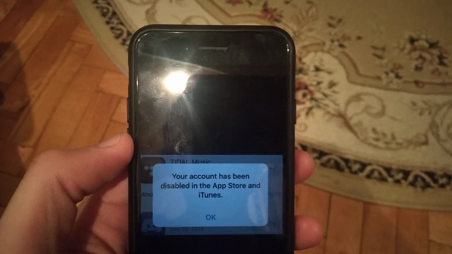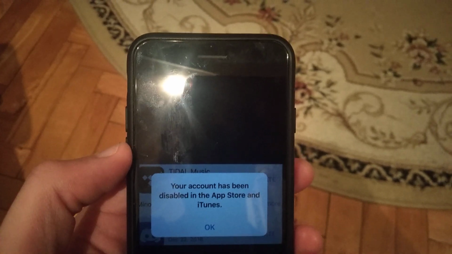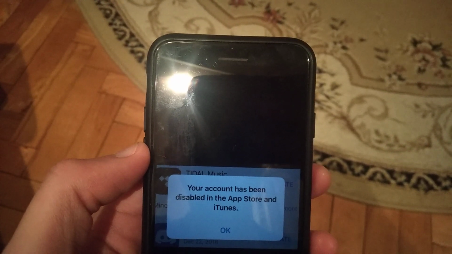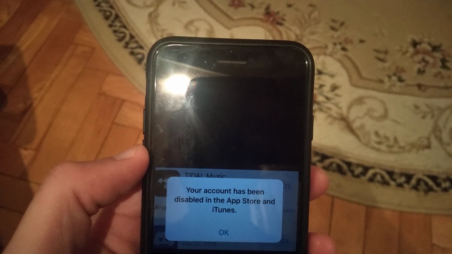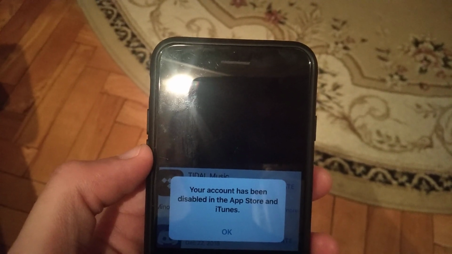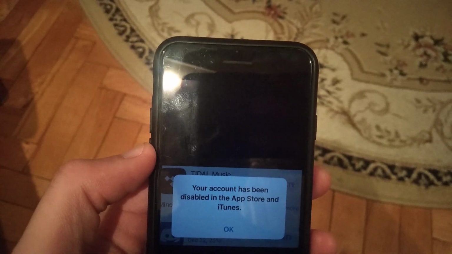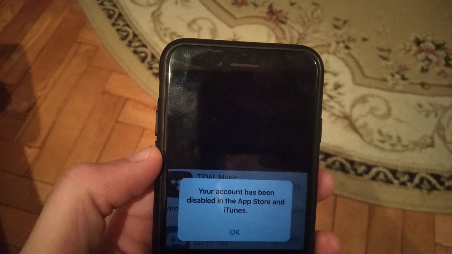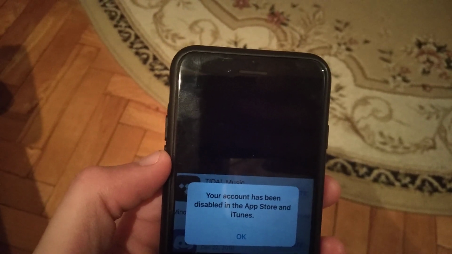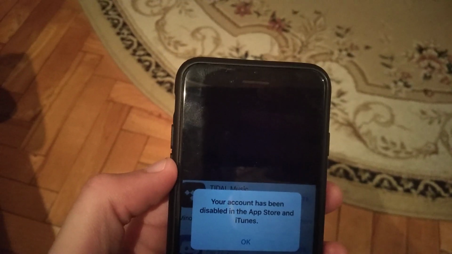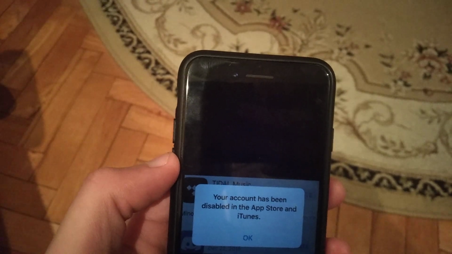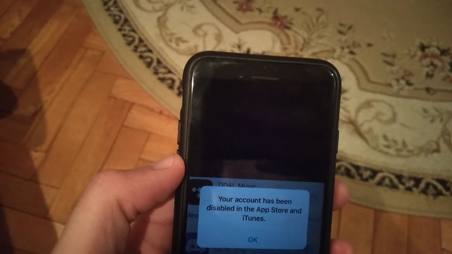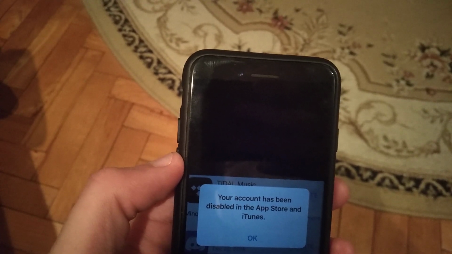So this message can be caused by entering your wrong password too many times. So the system thinks that someone else, not you, tried to download some apps from your account. And they are not the owner of this account, and that's why the system suspends your account for some time. So also you can wait some time until the system recovers your account and allows you to download and